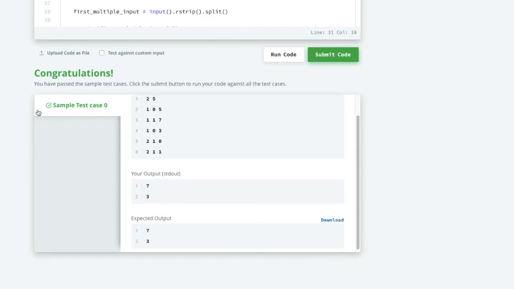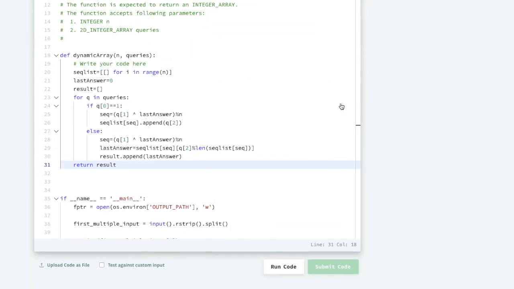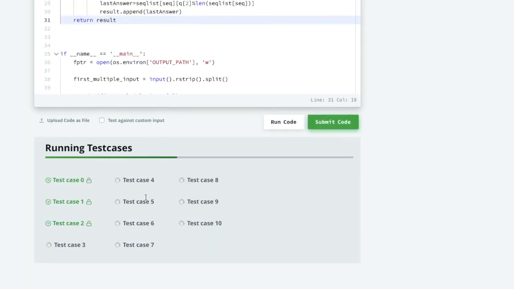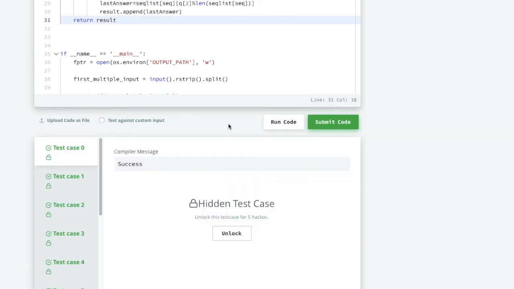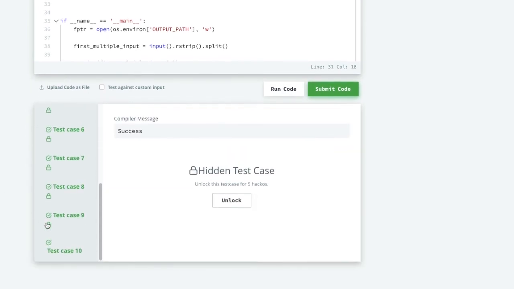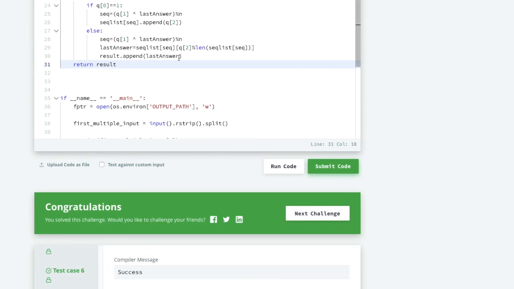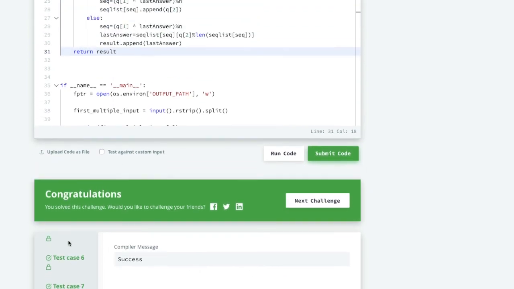So we are done with the sample test case. So let me submit this code. So it is running for test case 10 and 4. We are almost done with all the 10 test cases. So congratulations, we are done with all the 10 hidden test cases.